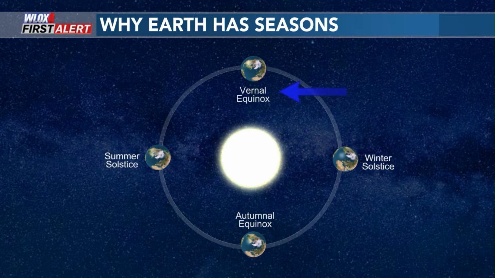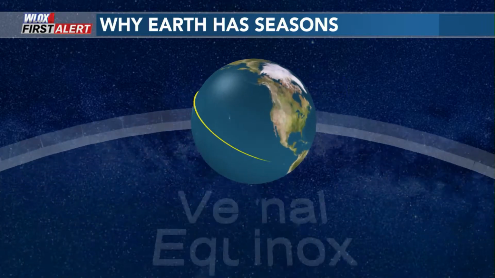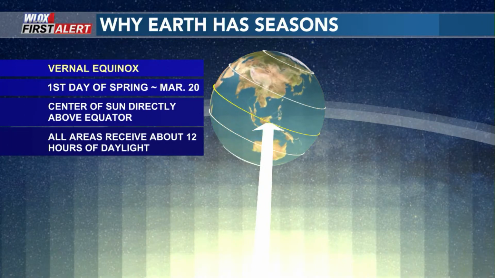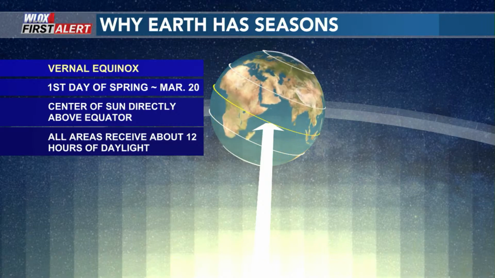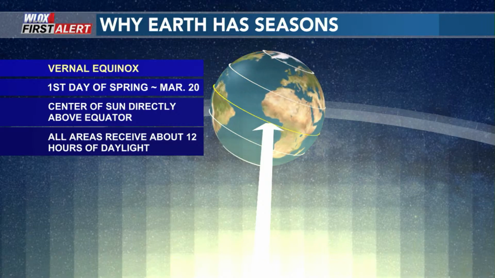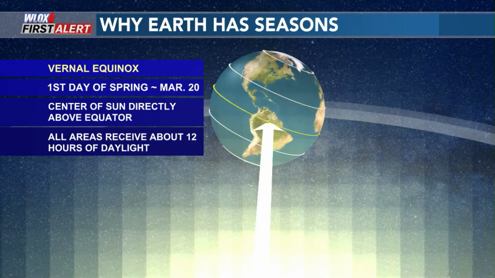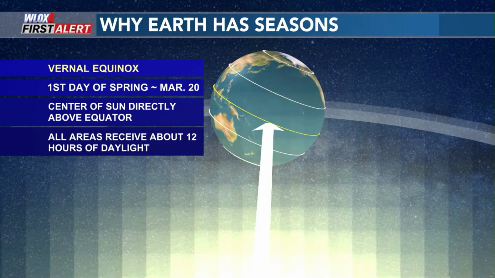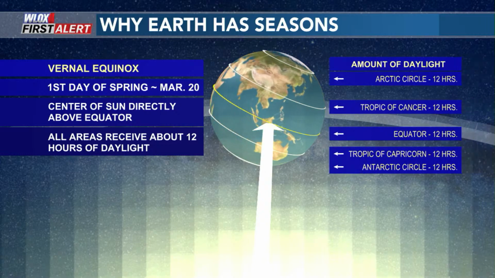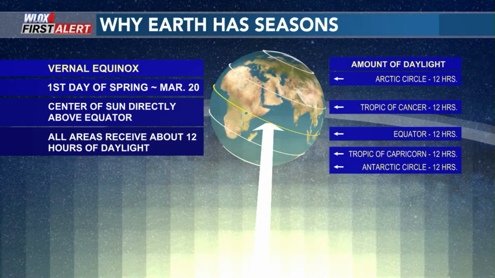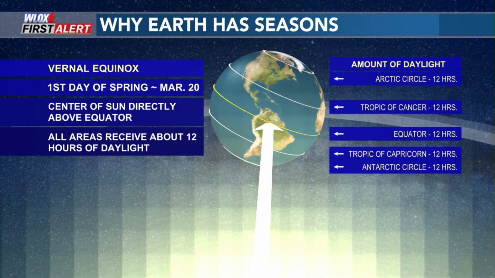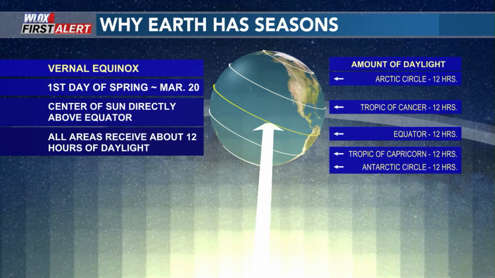And again, when you are up here, what's happening is we make our annual trip around the sun, and the sun's rays are angled directly over the equator. The reason we can tell this is not by just looking at the sun, but instead by seeing how much daylight each part of Earth is receiving. And we got people all over the world that are able to see this, witness it, observe it, and report it. So it's very easy to know how much daylight is over each part of the world.